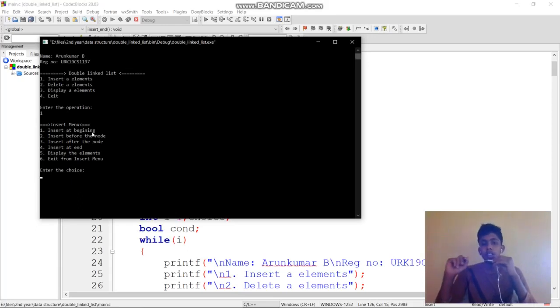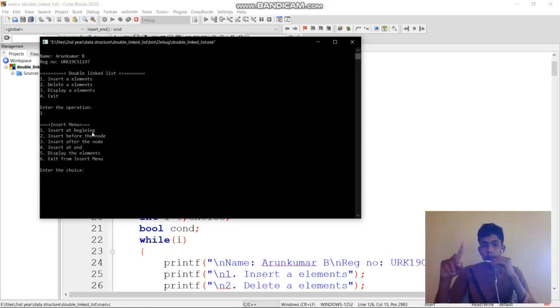Now insert before the node. Consider the same two elements. It will ask for the position. If you give one, it will insert at the first position. If you give two, it will insert before two, that is, between one and two.